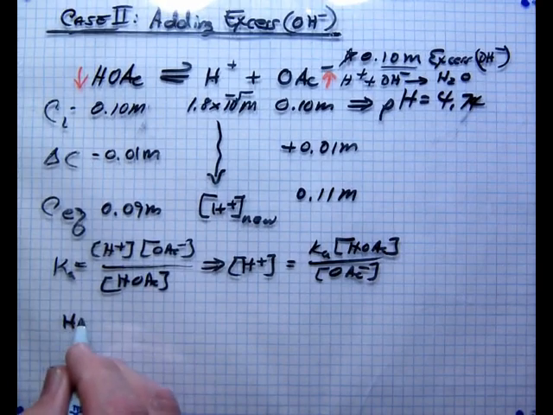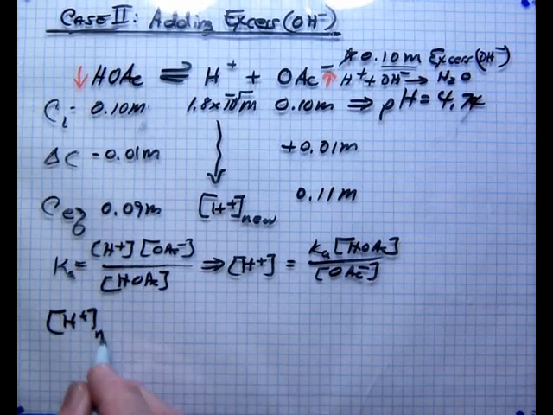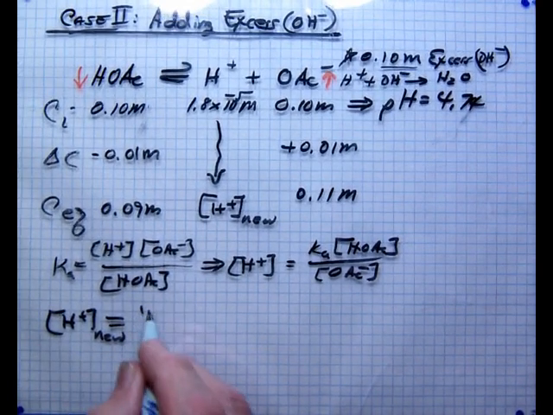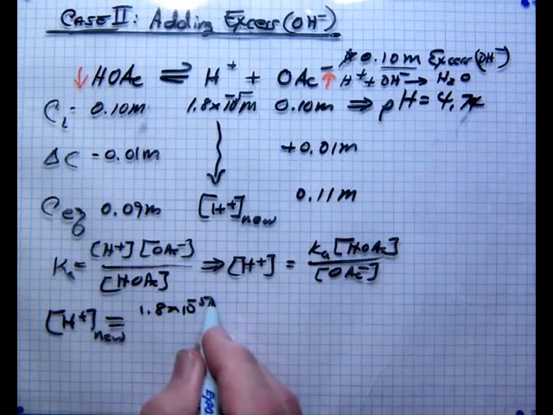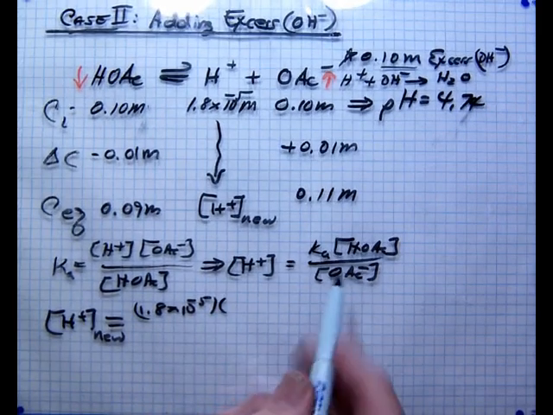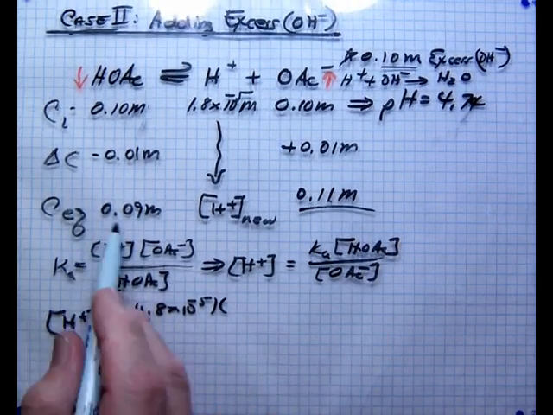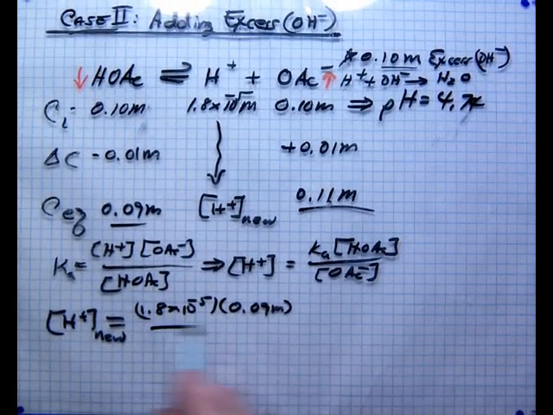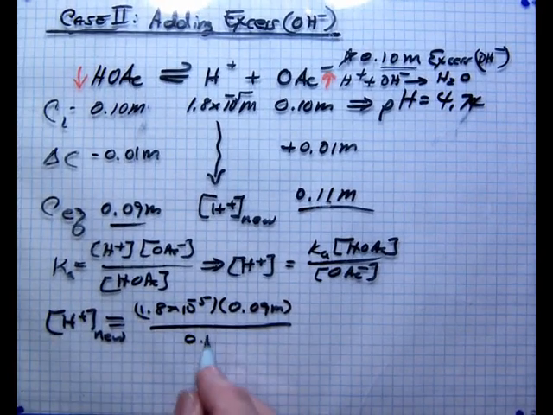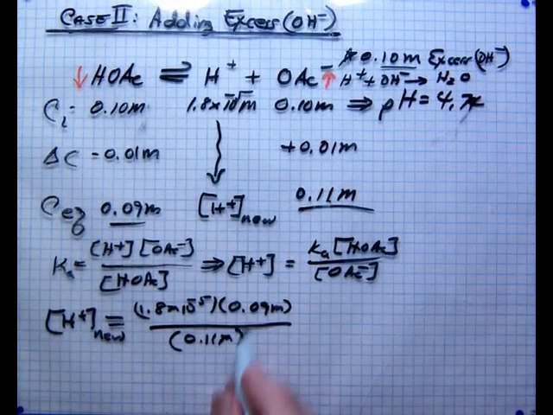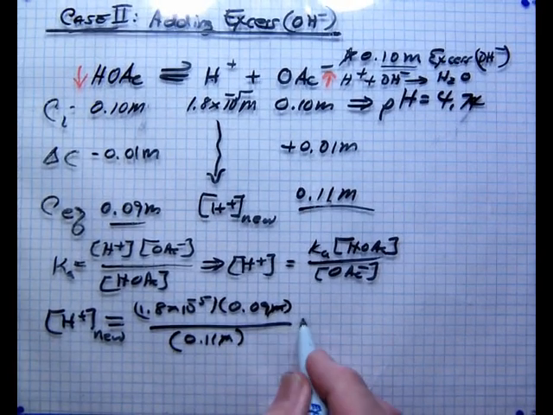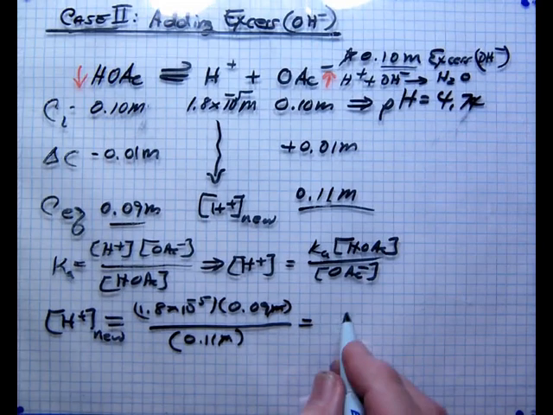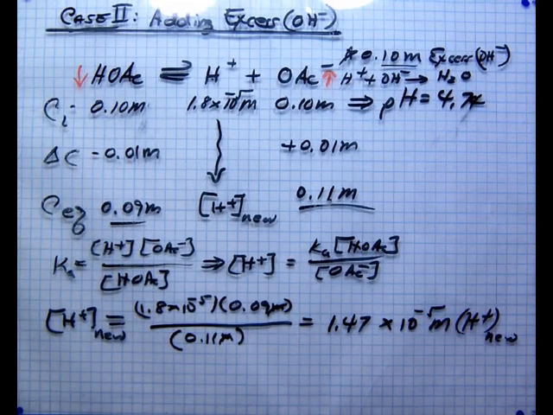So the new hydronium ion concentration is equal to 1.8 times 10 to the minus 5, times the acetic acid, which is 0.09 molar now, over 0.11 molar for the salt. And so we wind up with 1.47 times 10 to the minus 5